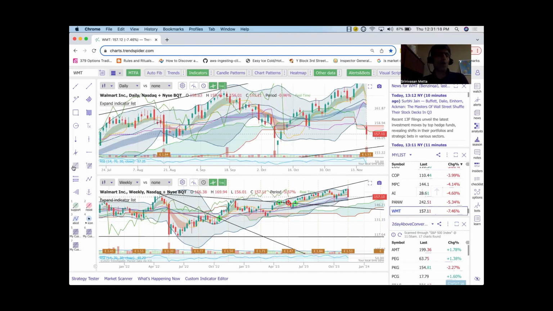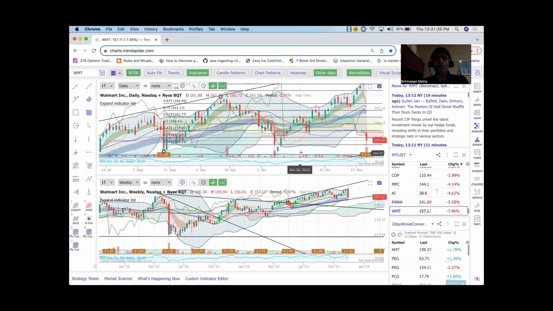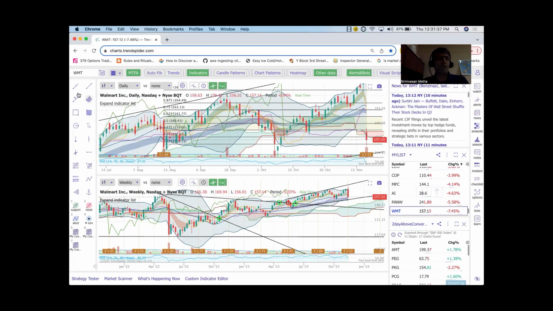But how would you go about doing this? I just wanted to show you this thing. So you draw a Fibonacci here, and the next thing we're going to use is the Fibonacci. Now, when do you think you should actually buy this? That's the question, right? If you had bought it up here, if I start drawing the trend lines, I can draw a trend line from here to here. Let's start drawing the trend lines between the highs.